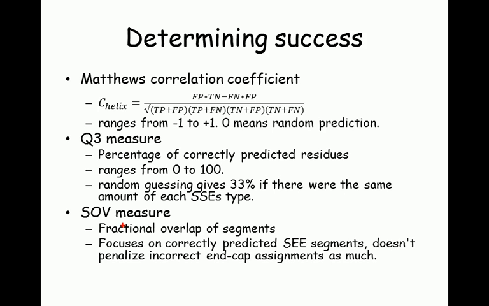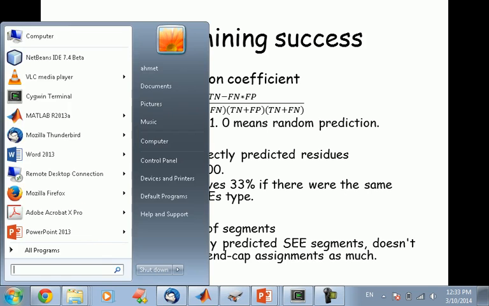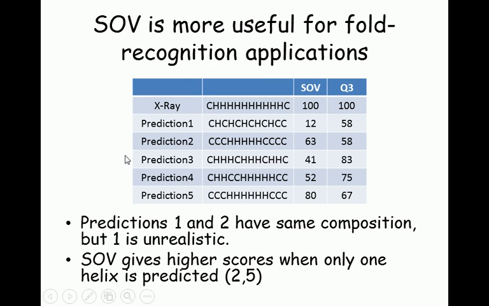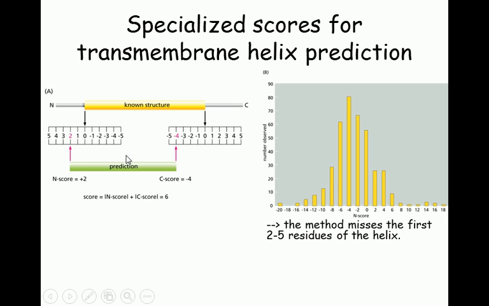So determining success, Q3 and SOV are the most common measures, and SOV takes into account the segments rather than just the residues. So we looked at that. All right. So for some of the other prediction problems, there are more specialized scoring